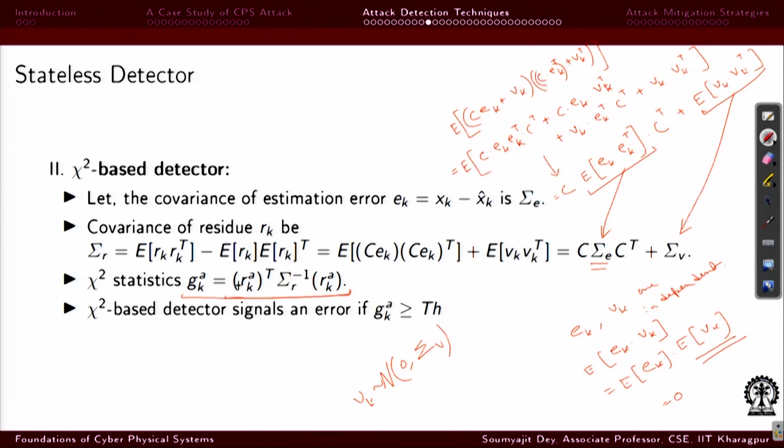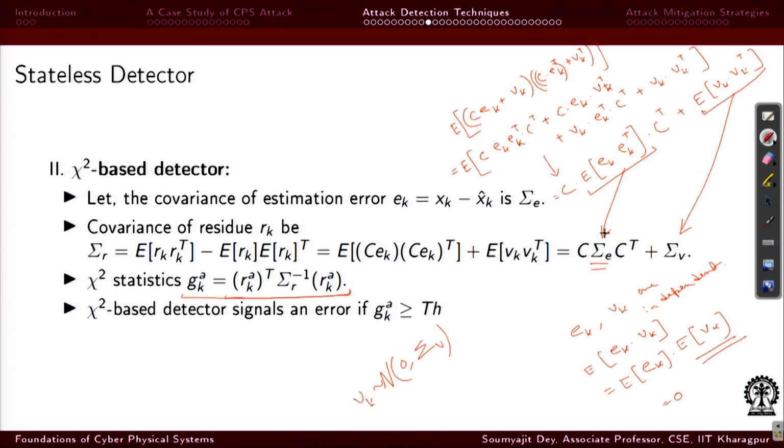So, essentially you are measuring R_k under attack, and you are weighting it with the variance of the residue, or basically the variance of the variable R_k, and you calculate the variance using this expression, and you apply this assumption that E_k and V_k are independent, because it is a good assumption: E_k is a property of the system and V_k is a property of the environment, right. So, based on that you can come to this expression,